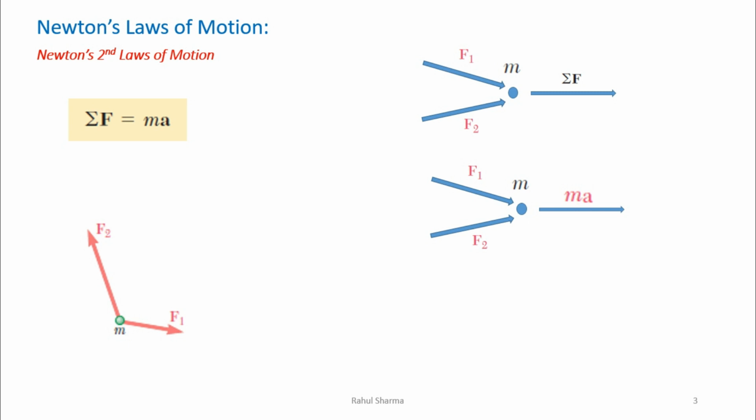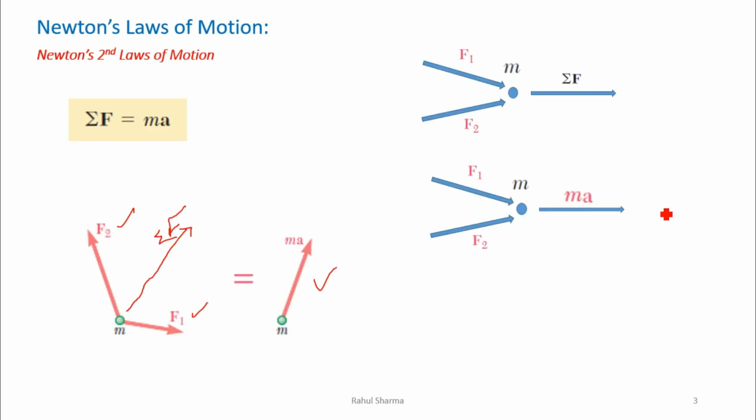In other terms, if I have to explain the same Newton's second law, this is the mass of the object and this particle is having an F1 force on this side, F2 force on this side. Now we have learned when these two forces are applied on the object, it will have a resultant force, and the resultant force will be equal to ma. For these forces F1 and F2, it will have a resultant force in this direction, that is summation of F, and that is represented by ma as per Newton's second law.